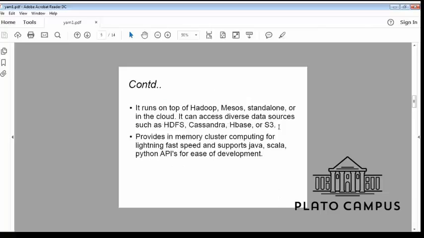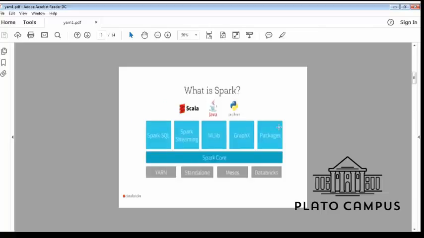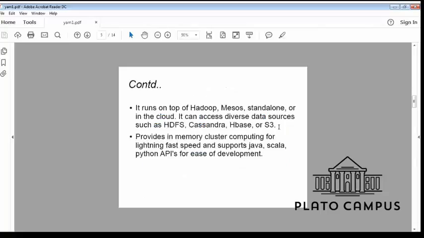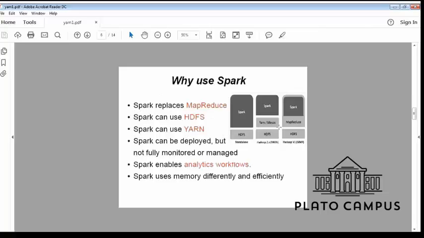Spark, as I have shown here, runs on YARN and runs on top of HDFS. I will describe this in future slides. Why are we using Spark? Because it is a replacement of MapReduce, as I explained earlier.